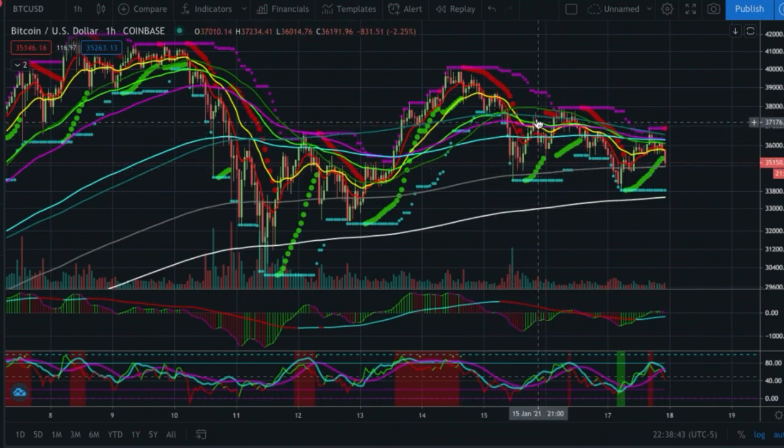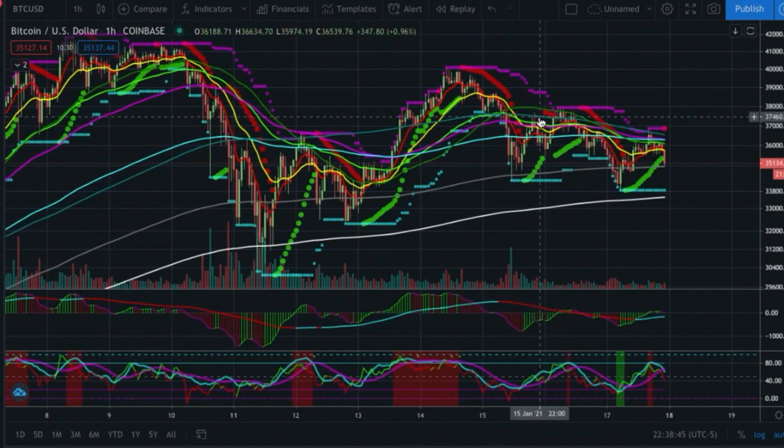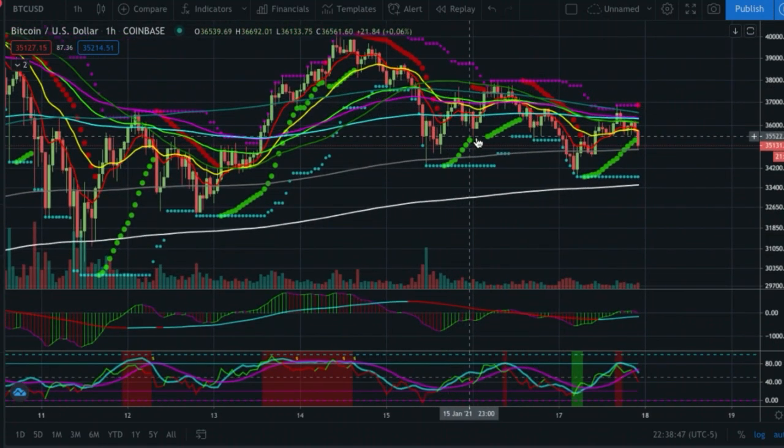We came above the exponential, but got rejected on the blue simple moving average here. Bounced, rejected again at the blue simple moving average here. Came down this time, lost the 377 as support, almost came down to the 528, broke back up, retested the 200 moving average exponential and simple again,